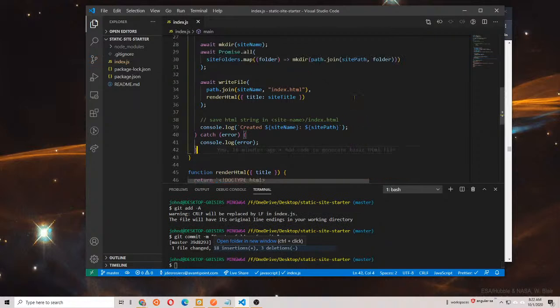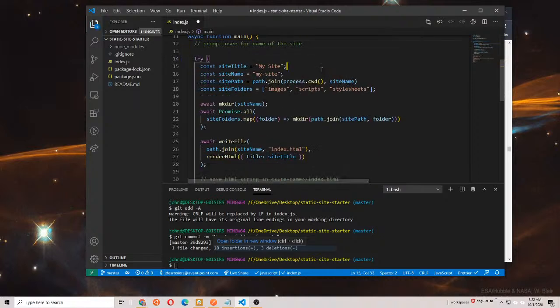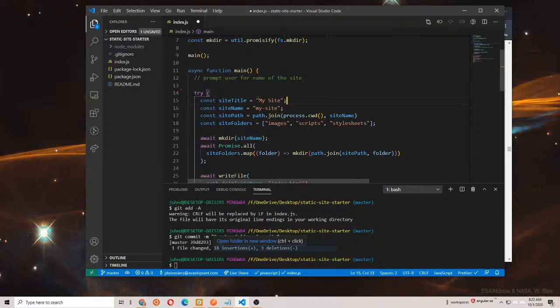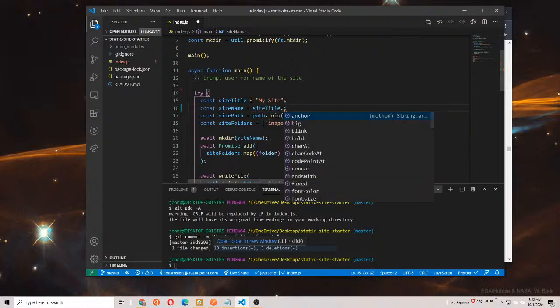All right. Continuing on, let's see, we already took care of create the following folders, so I'm going to go ahead and get rid of that. I think one more thing to fix here actually is right now, there's no need to have this typed in twice. I can take any siteTitle here and do something like siteTitle dot